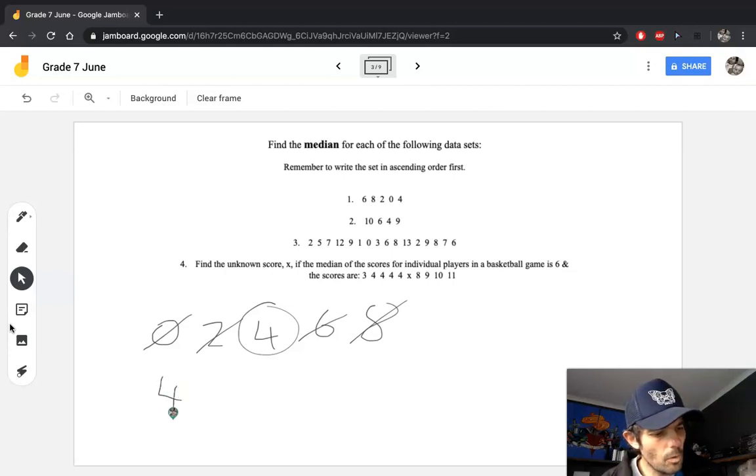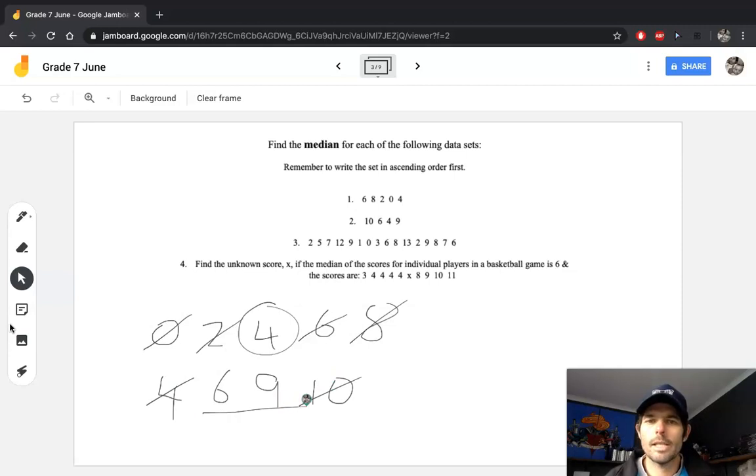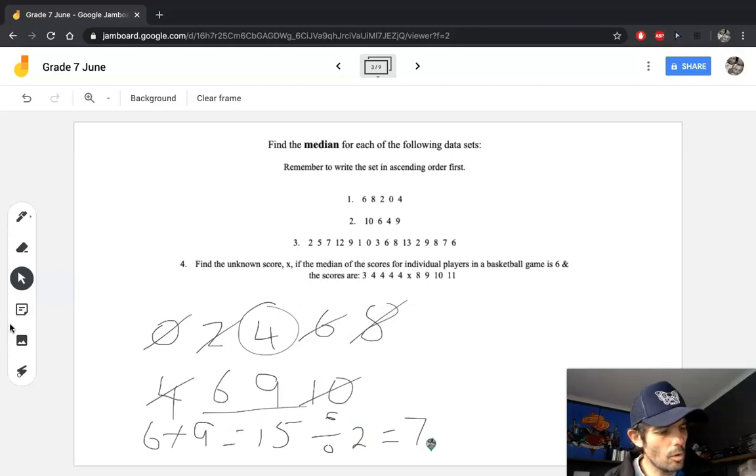So it'd be 4, 6, 9, and 10. Okay, and then you can see your 2 middle numbers are 6 and 9. So 6 plus 9 equals 15. I must then divide 15 by 2, and that's going to give me a median score of 7.5. Okay, so remember an even number of scores, take the 2 middle results, or 2 middle scores, and get the